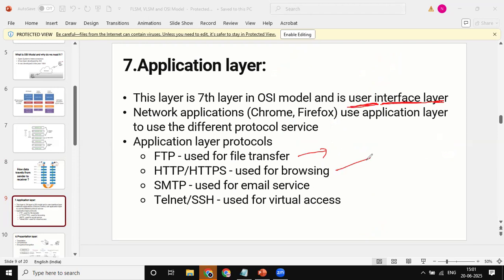And then HTTPS, that is for web browsing. If you go to Google and type something, then that is what? HTTPS. What is the difference between HTTP and HTTPS, guys? HTTPS is more secure. HTTP is in plain text. So nowadays we are using only HTTPS. Okay. And then we have SMTP, Simple Mail Transfer Protocol. That means